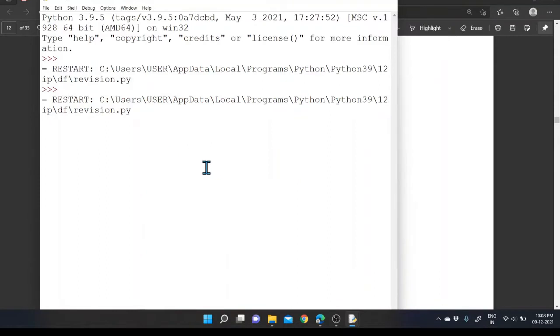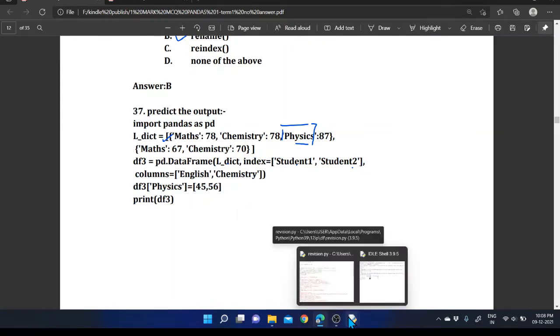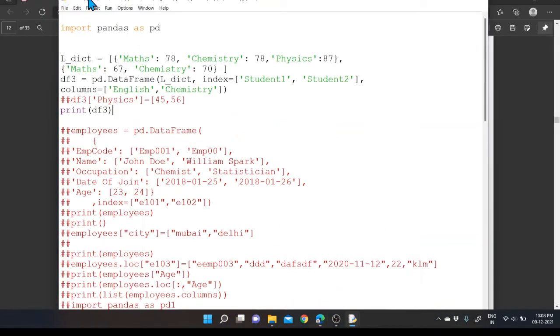So what will happen when you execute it? We can put the value NaN there. The reason is that the English field is not there within the execution statement. So that statement will not work properly.